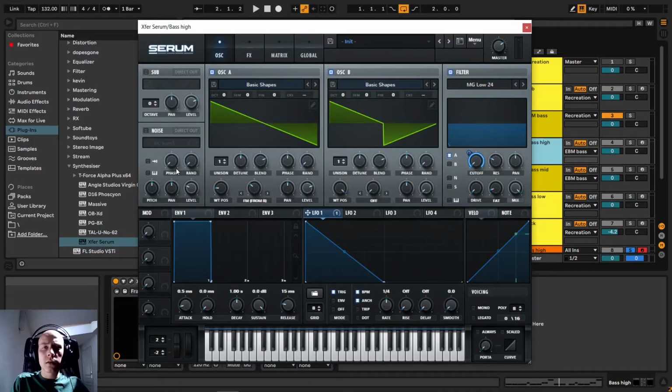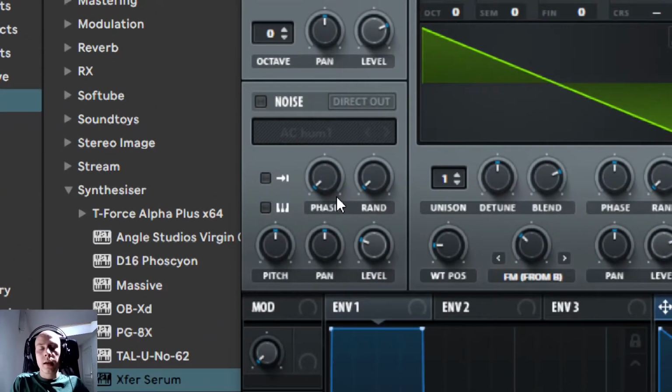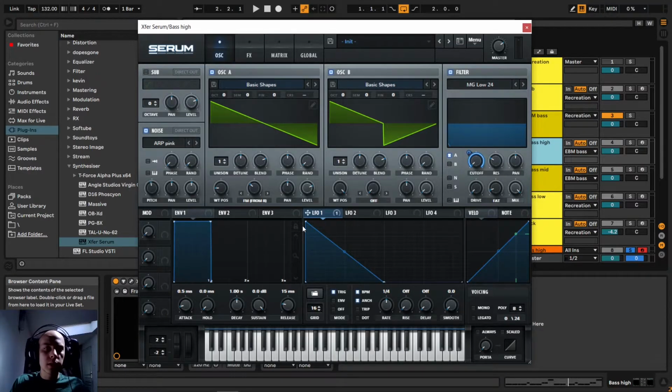Let's return to the oscillator section for a second. I want to add some extra noise to the bass, which will fill the high frequencies region. Now to fine-tune the noise oscillator, you can use the pitch control to change the pitch of this noise. I want to control the noise oscillator's volume to make this noise play for a very short time.